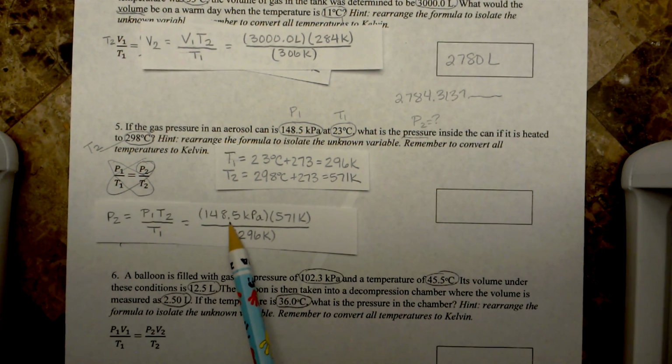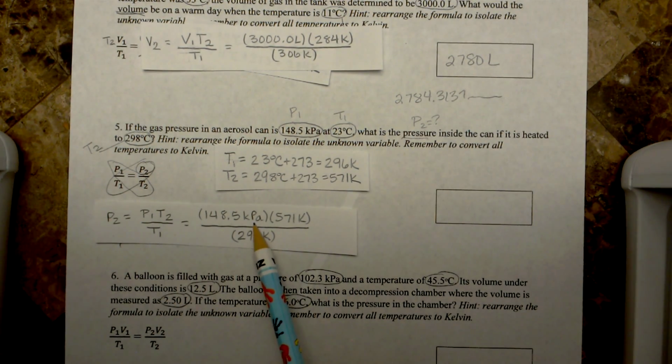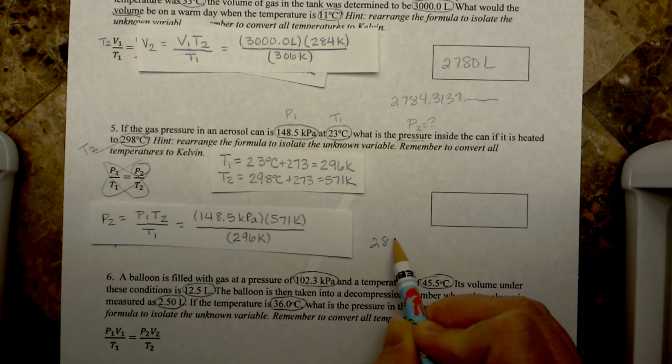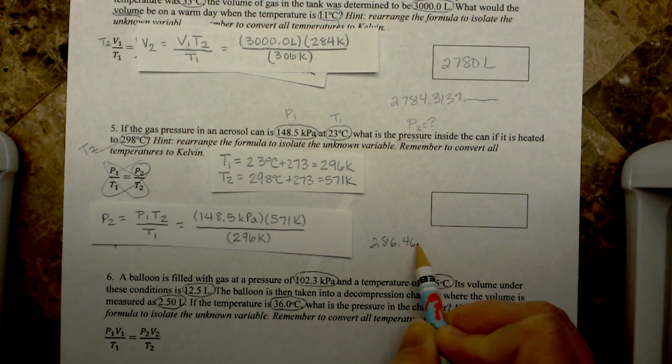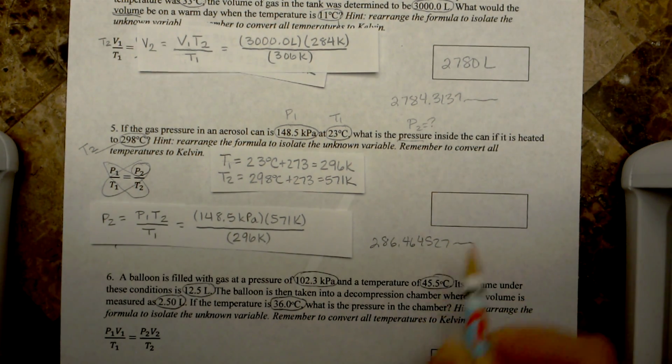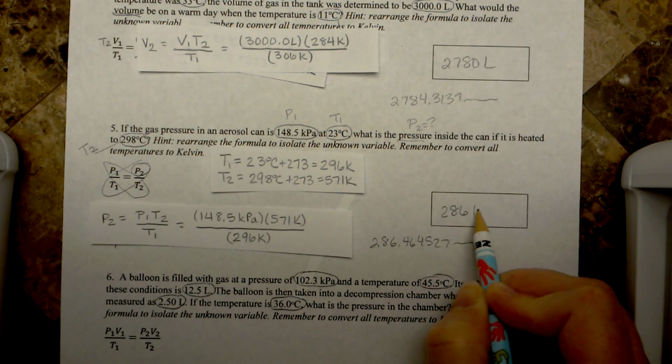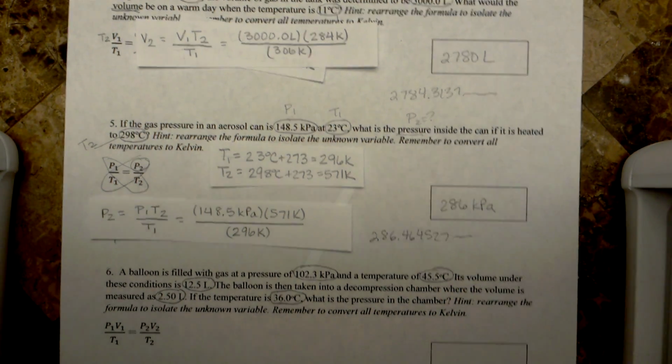And then we simply put our information in the formula that we were given. So we're going to put in P1 in kilopascals, T2 and T1, and again the Kelvin will cancel. My answer is going to be in kilopascals. When I type it in my calculator, I get 286.464527 and so on. I only need 3 sig figs, so my answer is going to be 286 kilopascals. Looking at the next one,